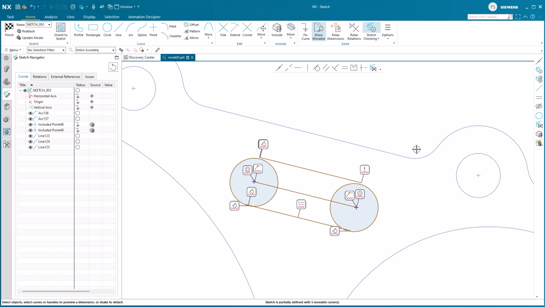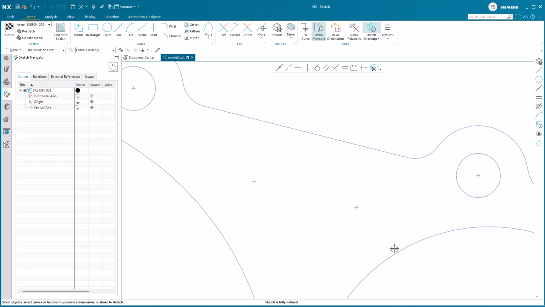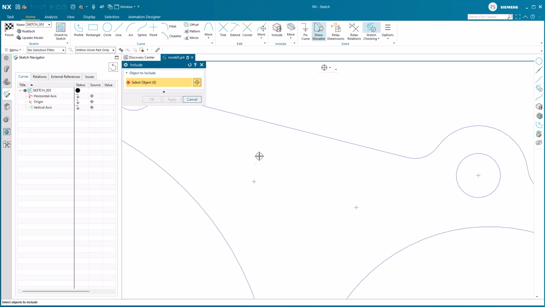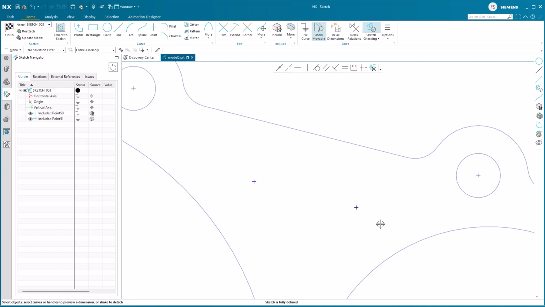we will have a look at the second scenario where we will have the sketch checking tool toggled on and continuously correct our sketch as we go. We start by deleting all the curves from our first scenario. Just like in the first scenario, we then begin including the 2 points for the inlet and outlet of the oil channel defined in an already existing sketch.